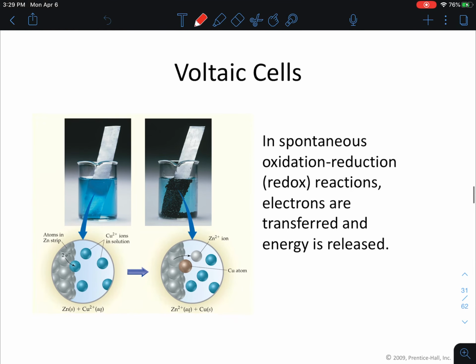Okay, so the next thing that we want to talk about is how this works in application. When we start on the next set, we'll start looking at how batteries actually work, and the technical term when we're talking about a battery is a voltaic cell. So let's stop there and we'll pick up